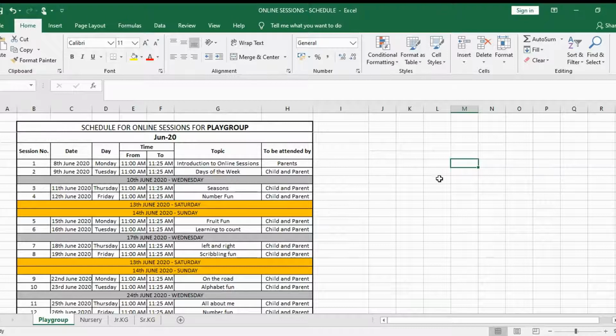What I've done here is I've created multiple columns. The first column being number of sessions, second being the date, then the timing from and to. As you can see, I have kept one session of playgroup class only for a period of 25 minutes, not more than that. Then I have also mentioned the topic,